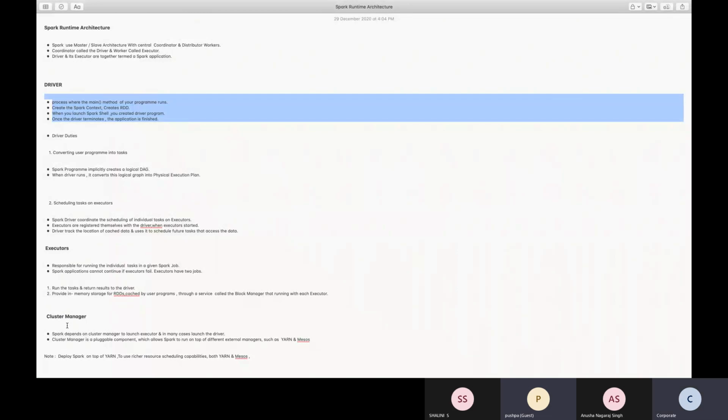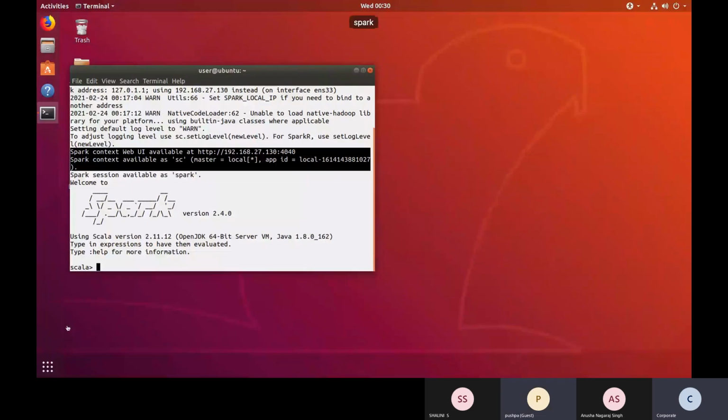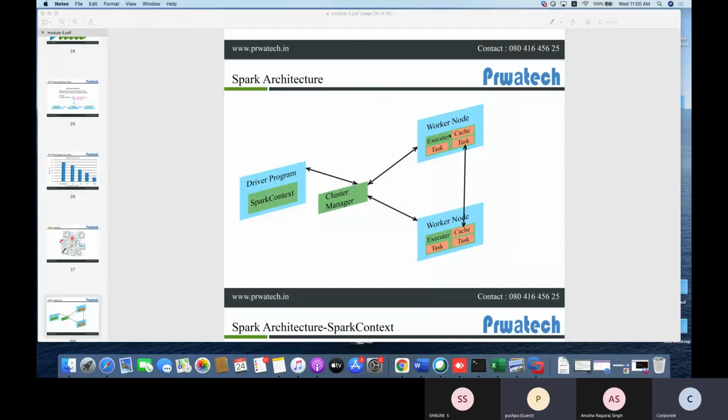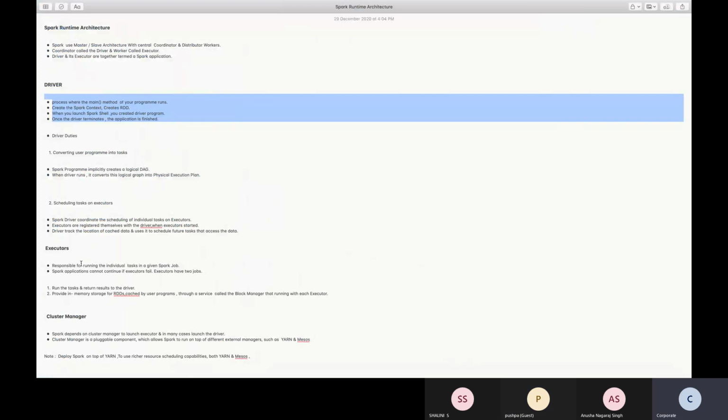All right. So what is an executor? You see in the diagram, we have an executor, right? Let me close this. We have an executor where the job gets executed. What does the executor do? It is responsible for running the individual tasks in a Spark job. A Spark application cannot continue if the executor fails.